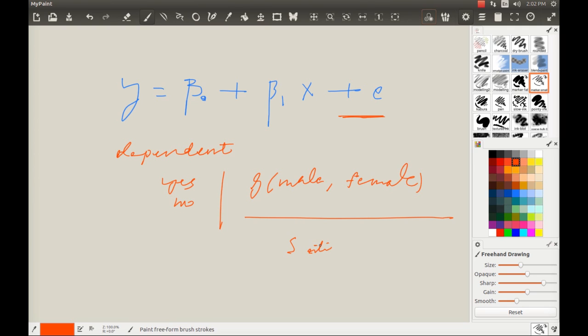But see that your response always must be dichotomous in nature, and x can be some continuous variable. You can have some randomly generated data in x, but y given some dichotomous data, then